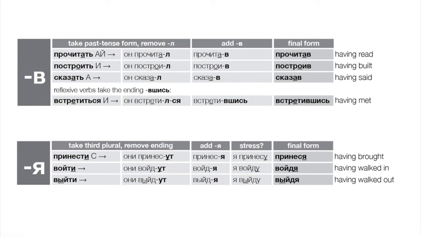So essentially, verbs like that, we're going to form their perfective verbal adverb in exactly the same way we learned to form the imperfectives just a moment ago, right? So that means we would start with the third plural, not the past, but the third plural conjugated form, like принесут, войдут, выйдут, and then add ya, right? So you see, if you look at this table, it's the exact same one we were using earlier for the imperfectives. And we would get forms like принеся, войдя, выйдя.